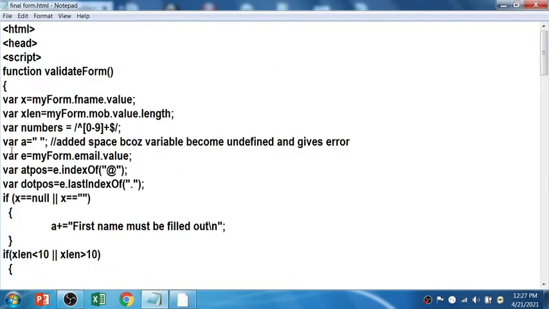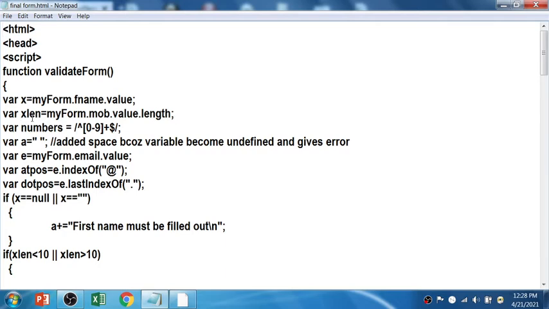See, in HTML, in the head section there is a script tag, and the function validateForm. That is the function name. The variable x stores my form.fname.value. So the value of the fname element of my form will be stored into the variable x.